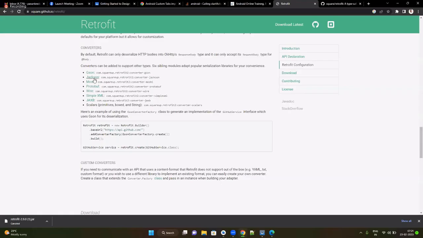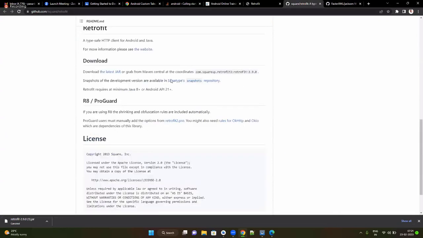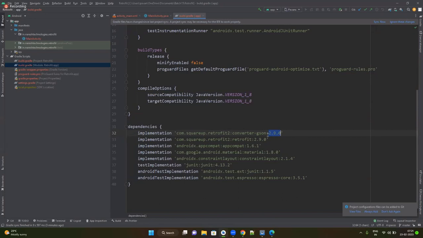Similarly, if you want to work with other converter factories, first go to those converter factories and see how they can be used, and only then add the dependency and also mention the latest version of your Retrofit library at the end of it, as I did here, 2.9.0 for Gson, because Retrofit is also based on 2.9.0. Once this is done, the next step is to hit Sync Now, and while the project is synchronized,